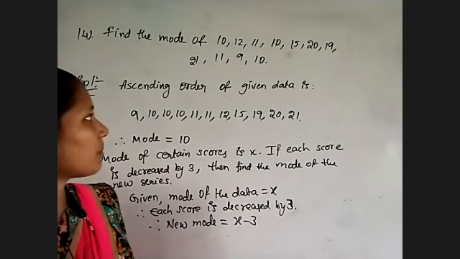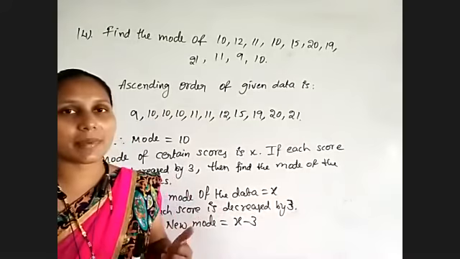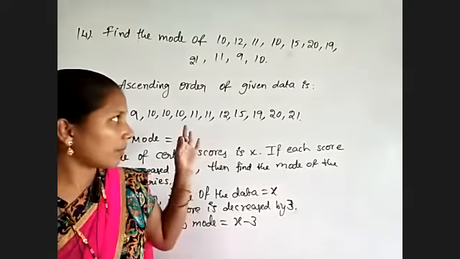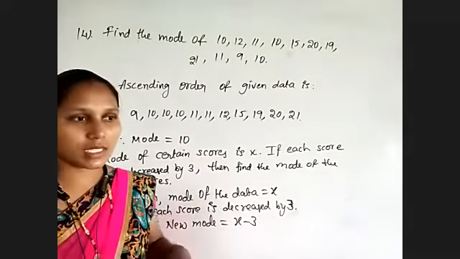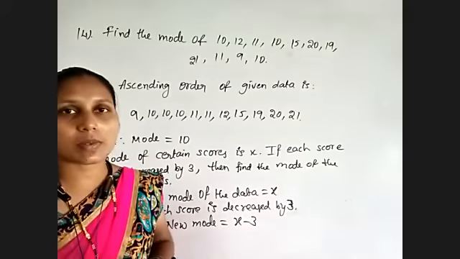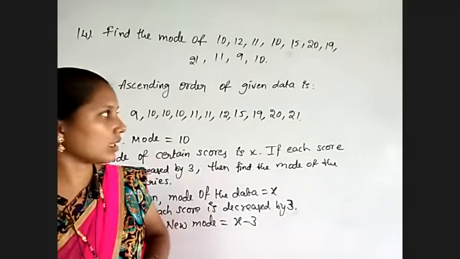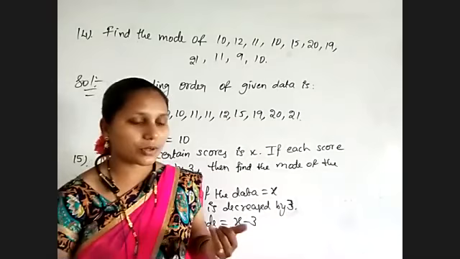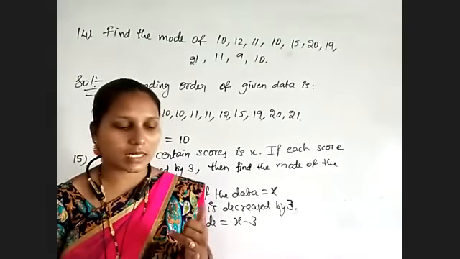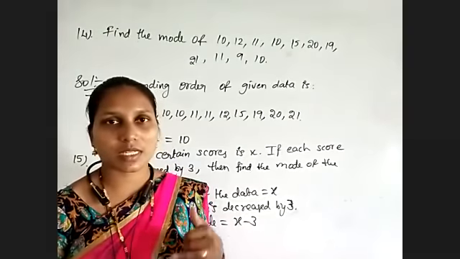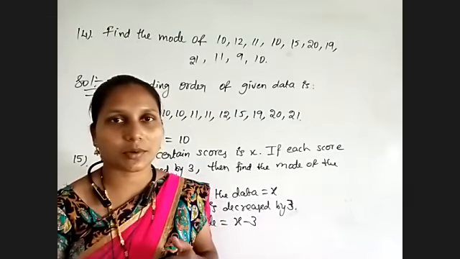So we will see some of the questions we still have depending on arithmetic mean, median, and mode in the exercise. All those problems we will discuss in the next class. Okay. So just need to remember mean is nothing but a sum of observations divided by number of observations. Depending on that, whatever value is missing, you need to find.